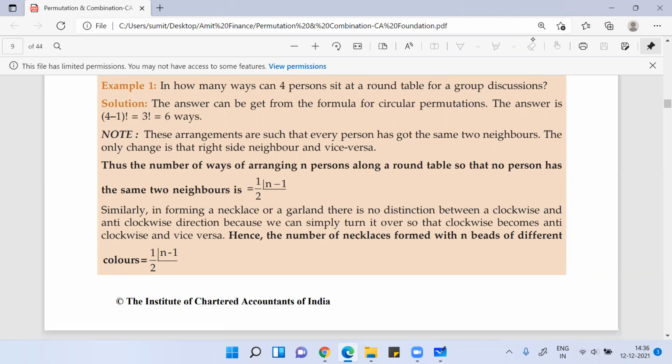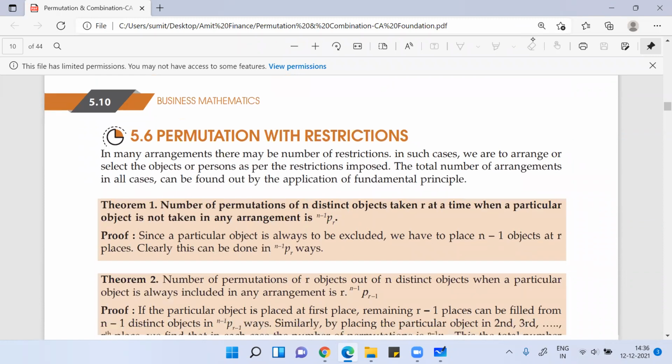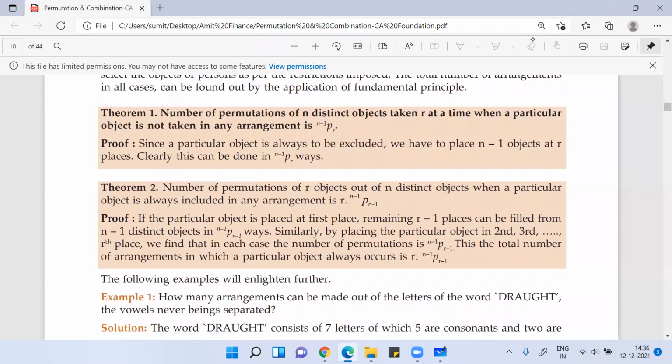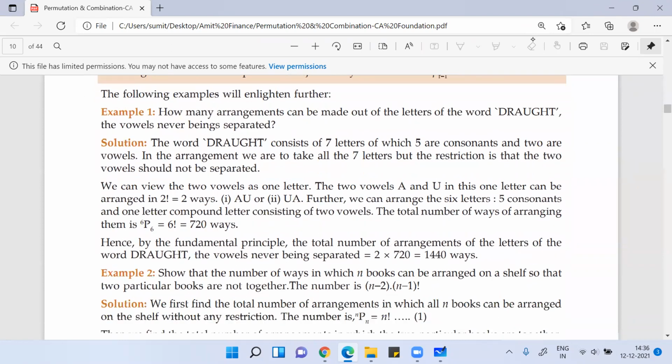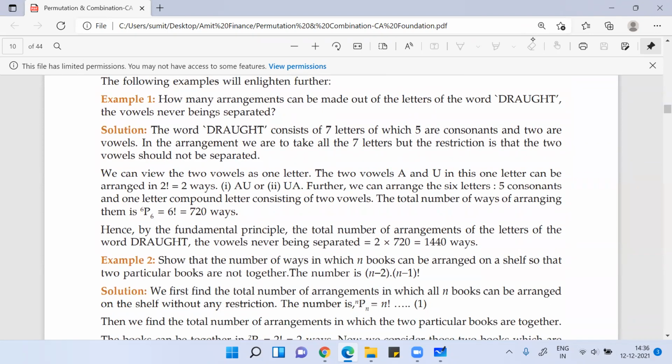So remember these basic things. Permutation with restrictions and all, these formulas are there. I really don't like formulas, so I just simply do the question. How many arrangements can you make out of the letters of the word DROPPED so that vowels are never separated? Means all vowels are together. We already did this case. How many vowels do you have? Two vowels. Then you have 6 factorial into 2 factorial. That would be your answer.